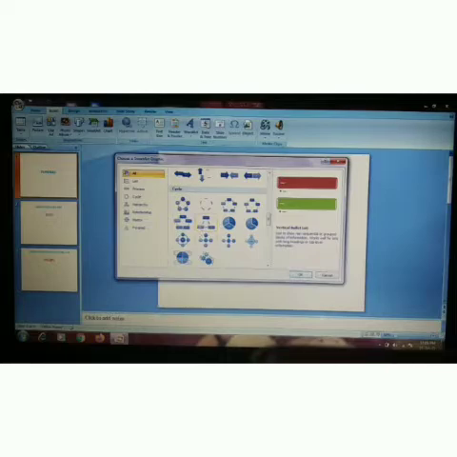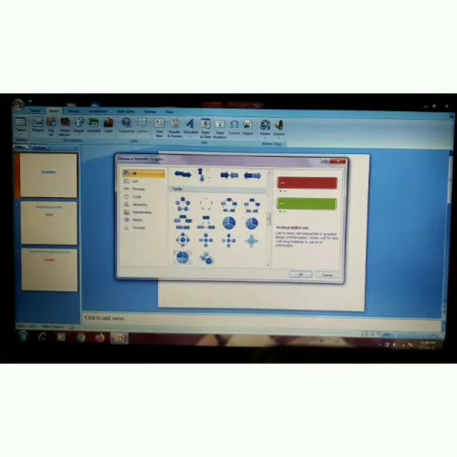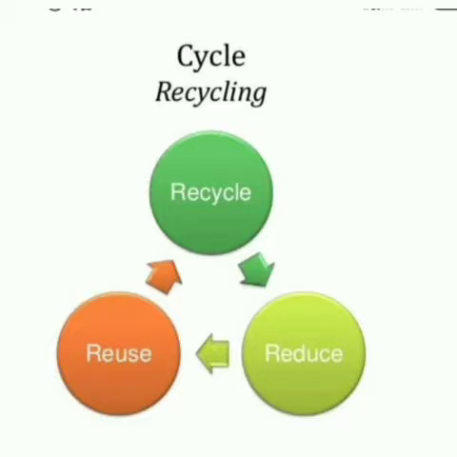These shapes show some cycle. You have already seen such shapes used in your text and other books also. Okay, these are smart art graphics. We use these shapes to represent information in a graphical style. Look at this. These are some examples of smart art graphics.